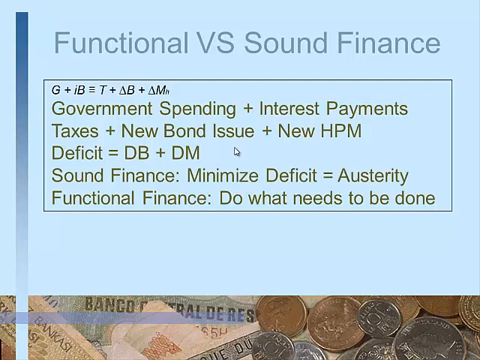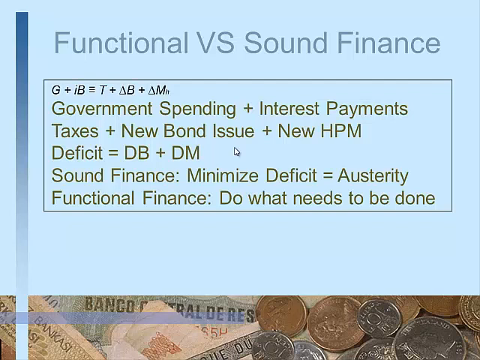So a deficit is based on the change in the level of bonds. You already have some bonds, so it's the new bonds that you sell this year that are your revenue for this year, and the new money that you create this year is your revenue for this year. You have created a lot of money in the past and you've sold a lot of bonds in the past. That doesn't count as your current revenue. So the one position, which is standard, which everybody believes, is that the government finances its expenditures by getting taxes, by selling bonds and by printing money.